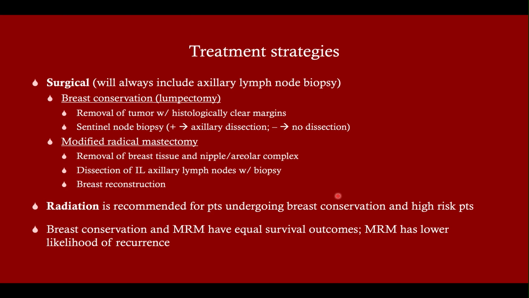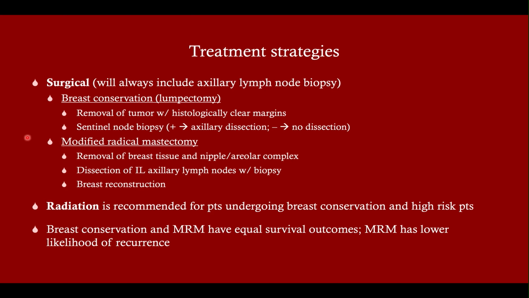We already kind of talked about the treatment strategies, and I go into this in the other video, but I just want to reiterate here. The patient has the choice as to whether they want to get a lumpectomy or a mastectomy in most cases. So if you go ahead with a lumpectomy, you need to remove the tumor with clear margins. That's very important. So when the lumpectomy is done, it's sent to the surgical pathologist and they'll look to make sure that there's clear margins, because if you don't have clear margins, it means you didn't get all the tumor. You're also going to get a sentinel node biopsy, and again, that pertains both to the lumpectomy and mastectomy.